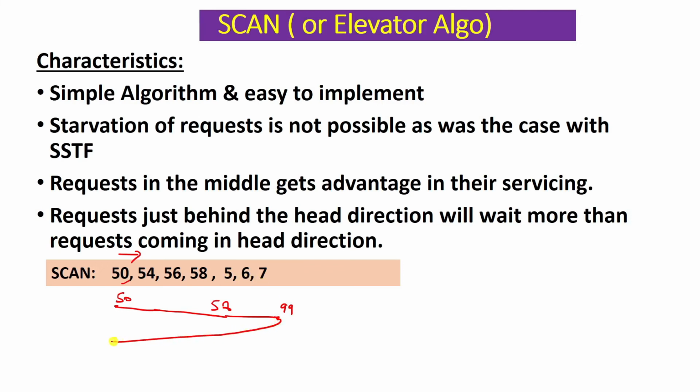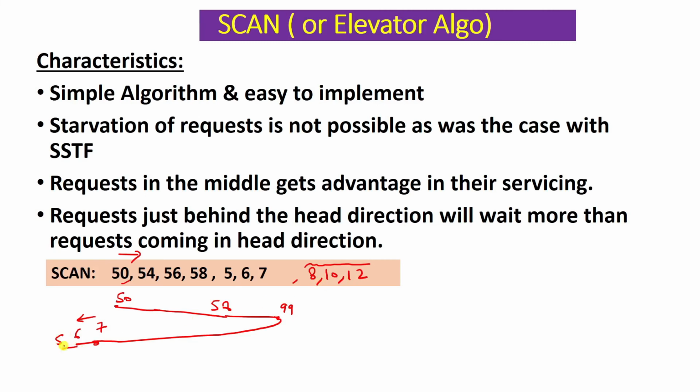So let's say I change the direction, and I'm at cylinder 7. Now while I am at cylinder 7 and moving in this direction, let's say another request came, 8, 10, 12. These 8, 10, 12 will lie on the other side of 7, in the other direction. But I will not serve these 8, 10, 12, because I am moving in this direction, and they are in the other direction. So I'll continue to move in this direction. These requests will have to wait for their turn because they are in the other direction of the read write head. So I'll go to 6, and I'll go to 5.